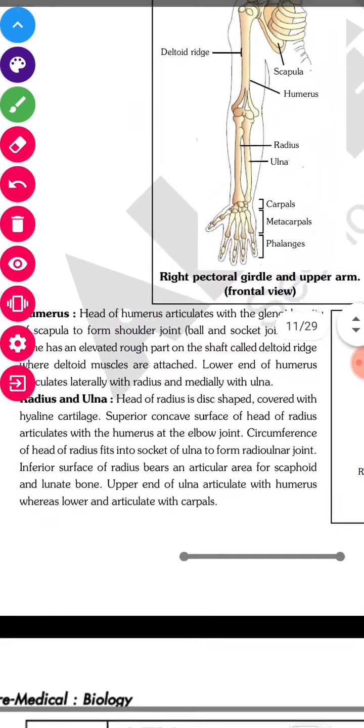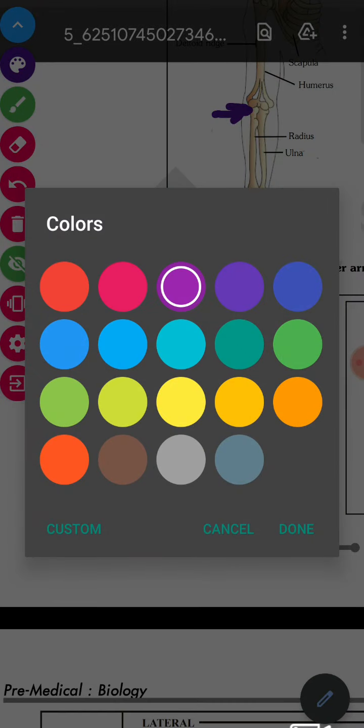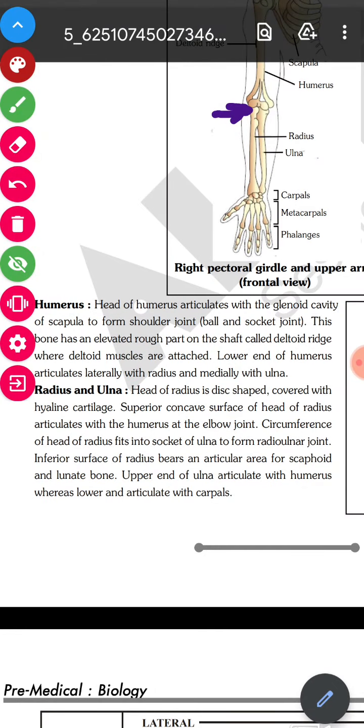you can see this ulna part, this is the ulna. You can see the head of the ulna is going to be articulated, it is going to be joined to the humerus also at this point. Now if you see over here at this point,